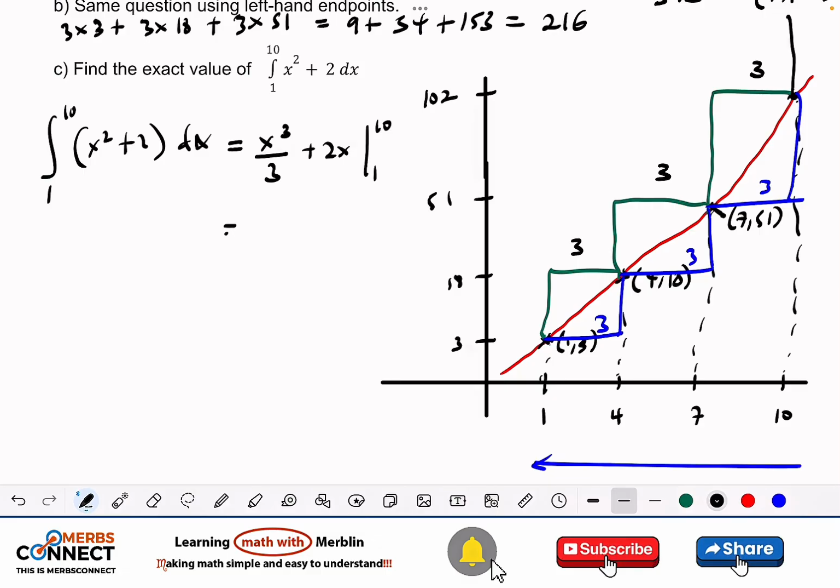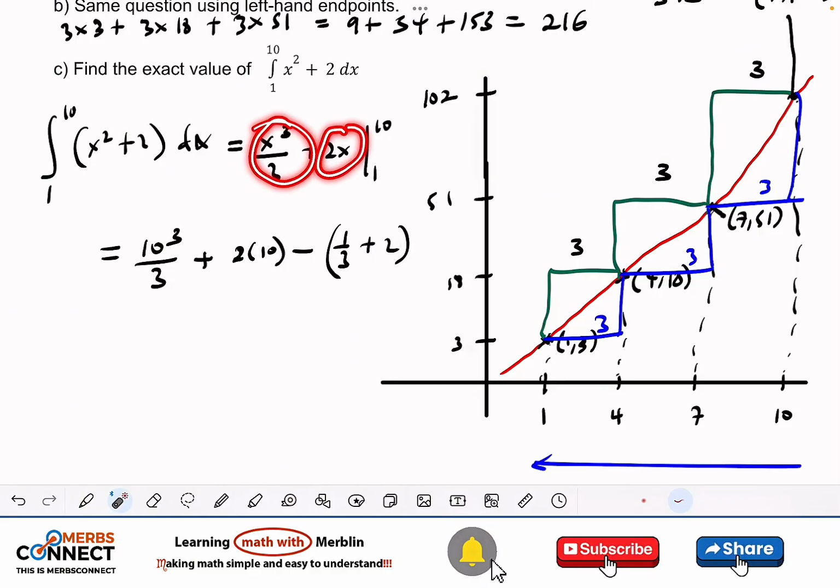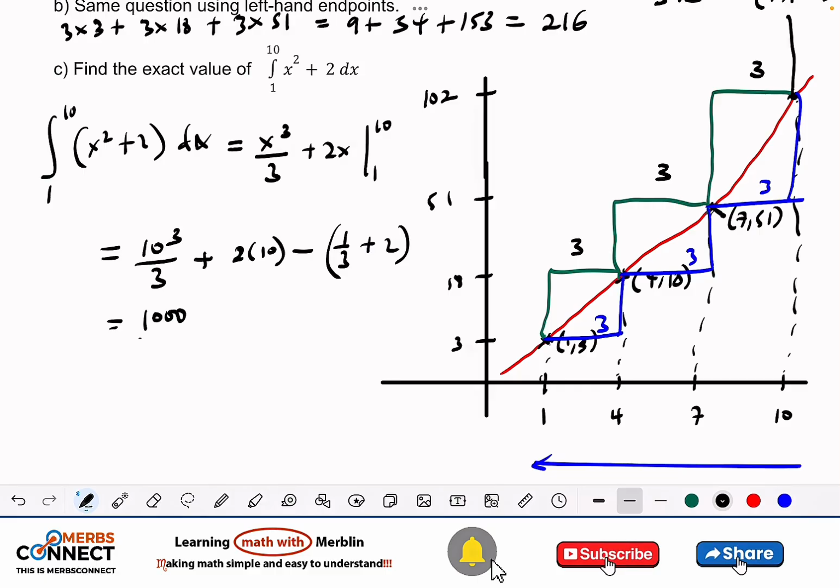So we are going to have something like this. And what are we going to get? Now let's plug in 10. 10 to the power 3 divided by 3 plus 2 times 10, minus, open bracket, I plug in 1, I have 1 over 3, I plug in 1, I have 2. So 1 here, 1 there. So this is going to give us, I think 10 to the power 3 is going to be 1000. Yeah, 1000 divided by 3 plus 20 minus